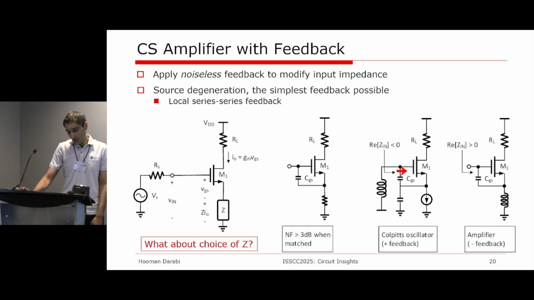In the case of capacitor, this is your CGS. That would be your degeneration. You need to provide a current source or something to let the current flow or provide a DC path for the current. Looking into this node, you see that your input impedance has a real part, certainly, because of feedback, but that's negative. So if you put an inductor here, you create a resonance tank, and this is an oscillator,